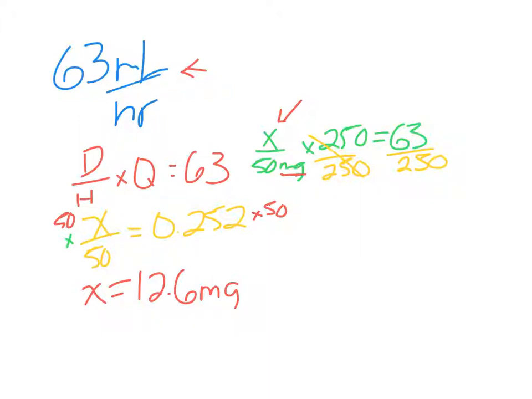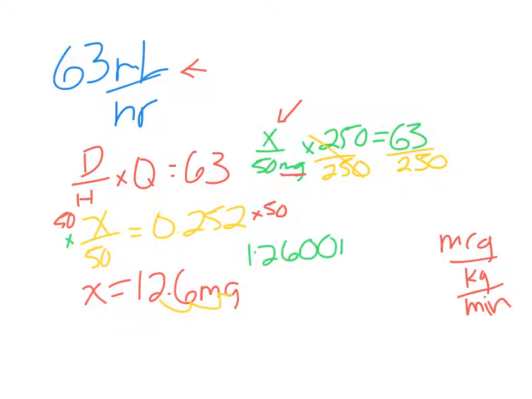So now we just need to do the opposite of what we know. We're trying to get it to micrograms per kilogram per minute. So you could go ahead and convert those milligrams into micrograms by moving that decimal 3 places to the right. That means this is the same thing as 12,600 micrograms. I need to know what that is per kilogram per minute. So your next 2 steps would be the opposite of what we were taught in class, and that would be to divide by